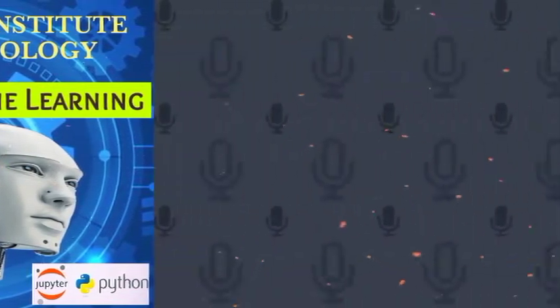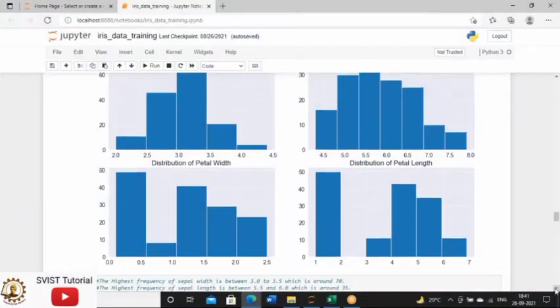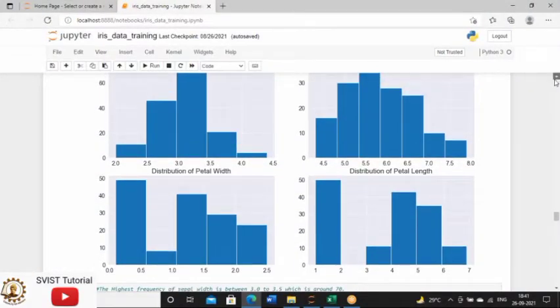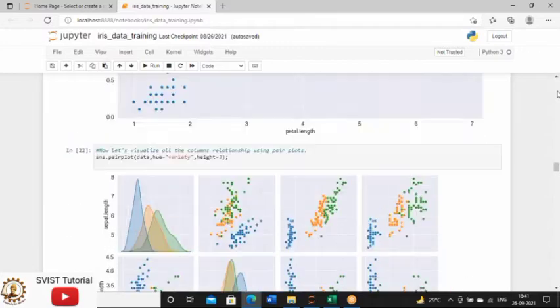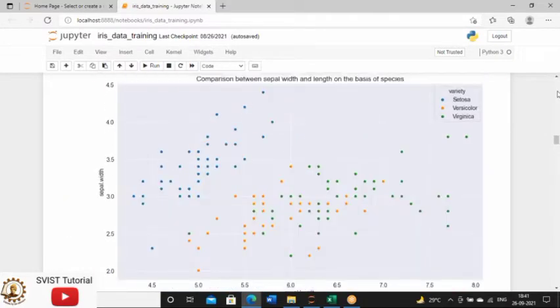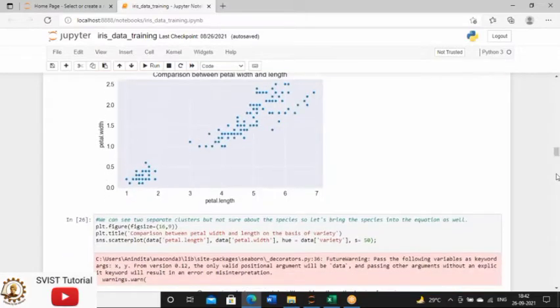Now we are going to end this session with the last part of the data analysis that I was talking about. So now we will start with the histogram plotting. On the previous day, we were talking about these kinds of plots, right? And also the explanation of these plots. So now I will start with the histogram plot.